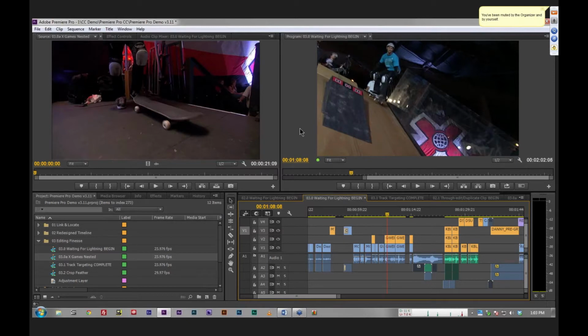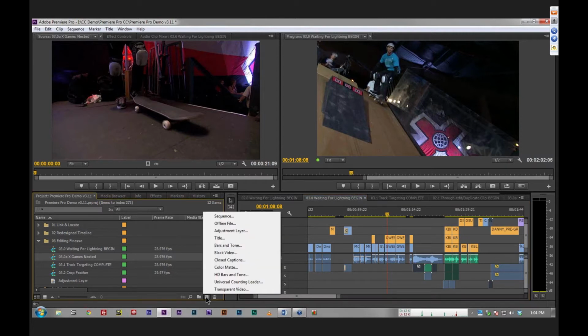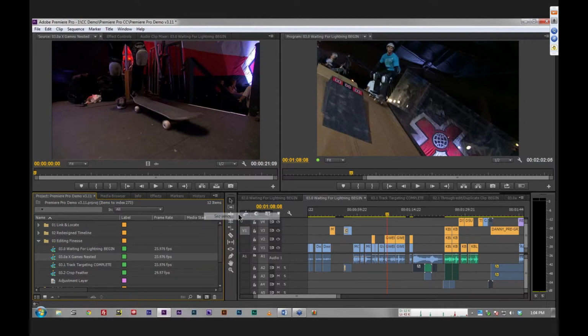And in this segment, we are going to look at a bit of audio editing finesse, and some trimming and a few other things that I think really make sense when you put them all together. The first thing I want to talk about is just creating new sequences, because we're going to be talking about audio, and when you create a new sequence,